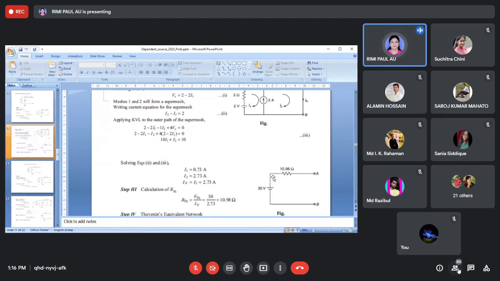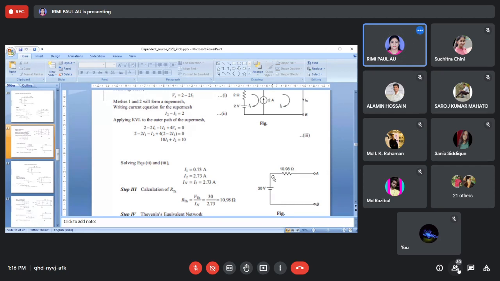I will show you some GATE related problems, and some problems from other competitive examinations I will give you, and those who are interested will try to solve them. That is not mandatory for everyone. That is for those students who are interested in appearing for the GATE examination, or who are interested in staying in the electrical engineering department. They can try to solve these problems, and the rest of the students will at least try to write down how to solve basic level problems.